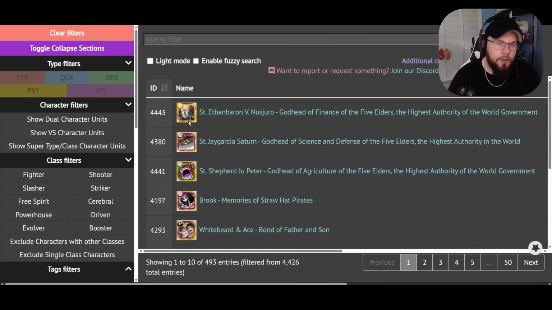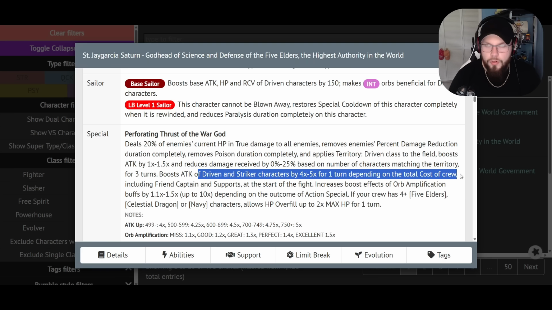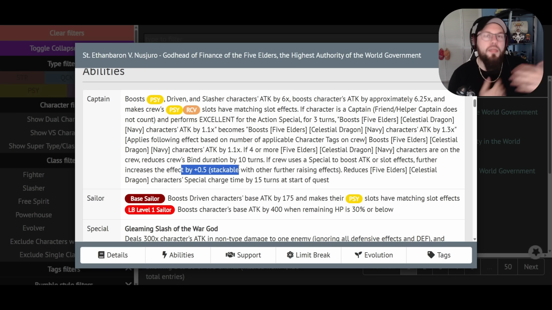So essentially, you could go ahead and use your Saturn special ability, which says you get a driven and striker attack boost ranging from 4 to 5 times based on the crew cost. So let's say you hit a 5 times buff. If this guy is your captain, it automatically becomes a 5.5 buff, without any addition on top of it. It just passively adds 0.5,